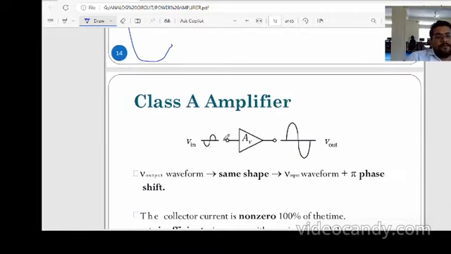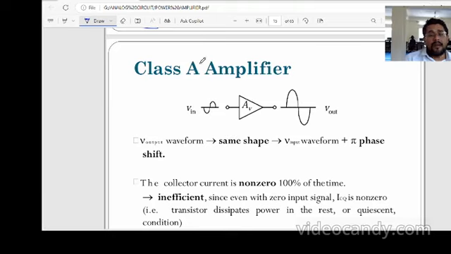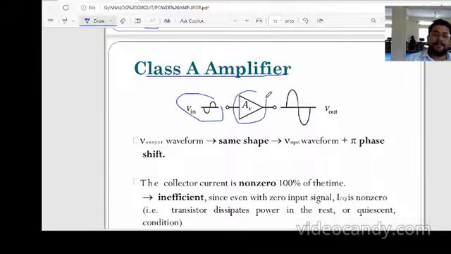The class A amplifier, how the class A amplifier is amplifying signals. Suppose this is the input signal, this is the class A amplifier, and it has a gain A. So it amplifies the input signal from here to here. And what is the phase shift? So here the phase shift is